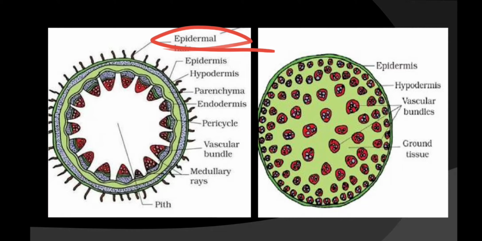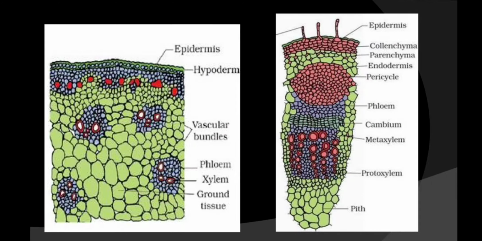Now let's study in detail what are all the tissues the monocot and the dicot stem are made up of. Let's take this section, and in this part we will see what are all the tissues, and similarly in the monocot we will take a little part of it to study the tissues. So let's see here. This part is the part of the dicot stem and this one is of monocot stem. Let's focus on the dicot stem first.